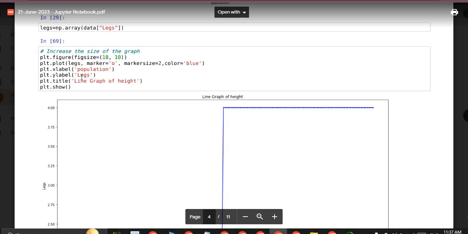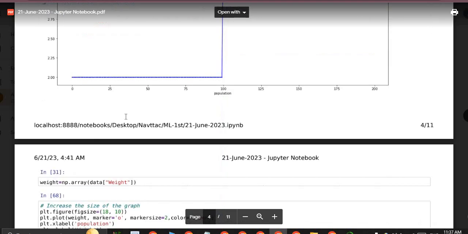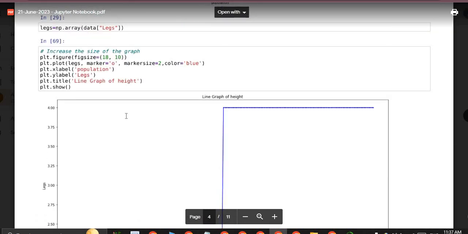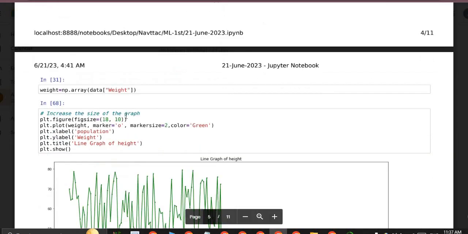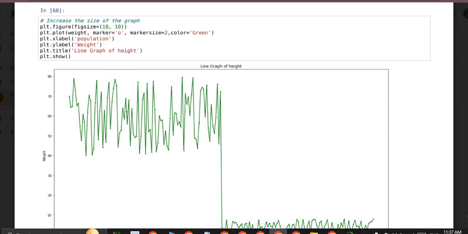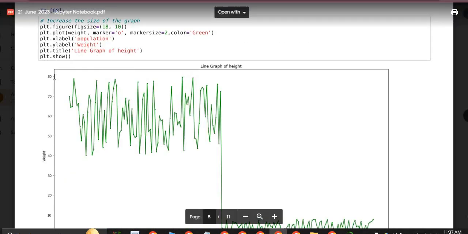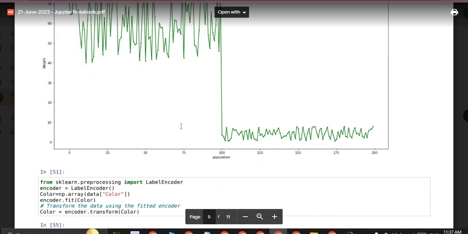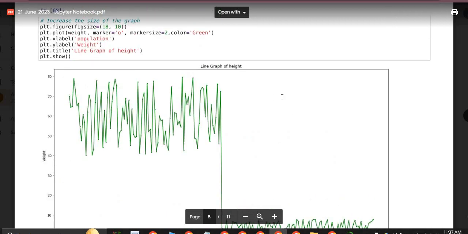Here we will analyze the data set, increase the size of the graph, plot figure, plt.plot, marker is equal to 0, marker size is equal to 2, color is equal to blue. Now we can store the data of weight. Our maximum will be 80 kg, and this will represent the data of cat and this will represent the data of human.